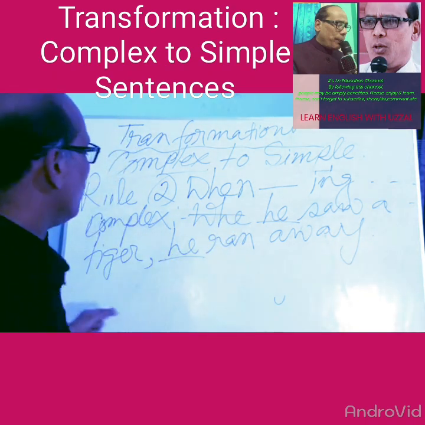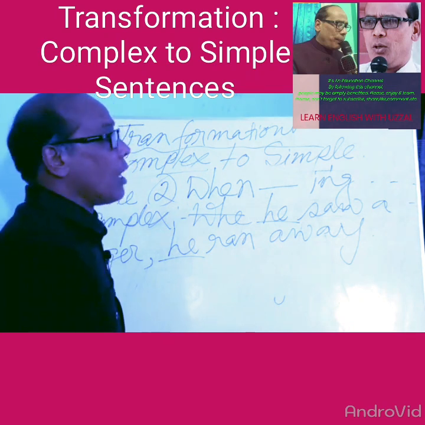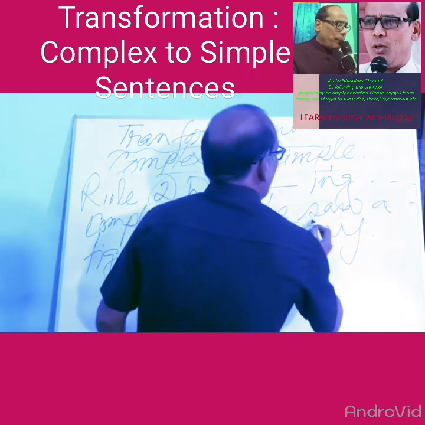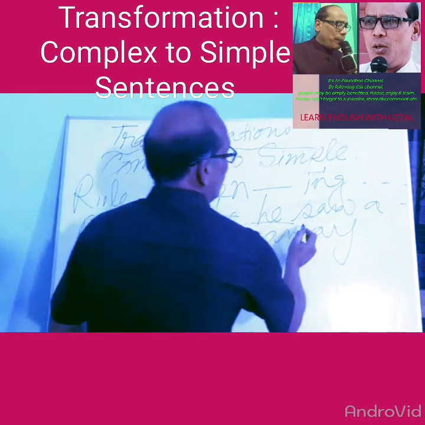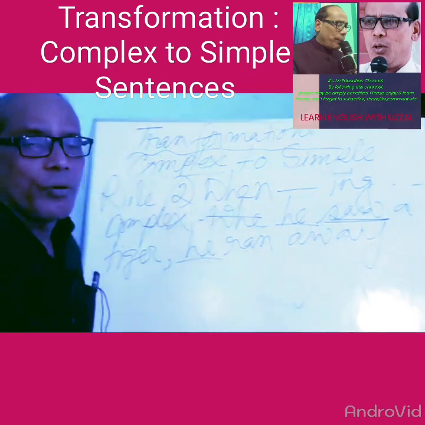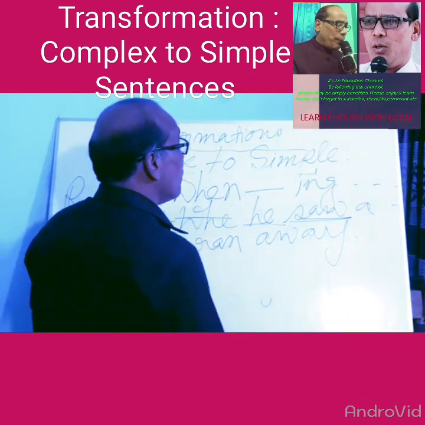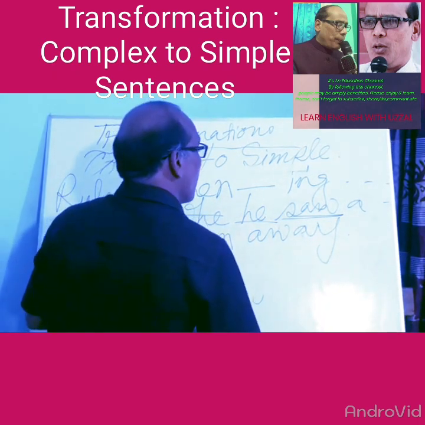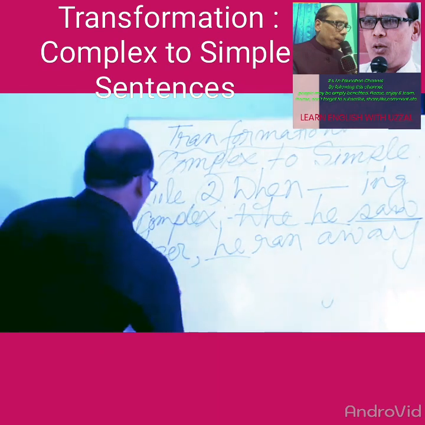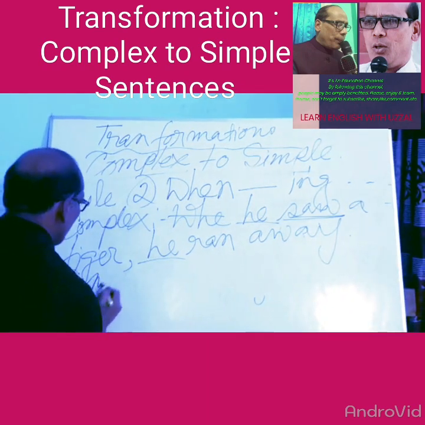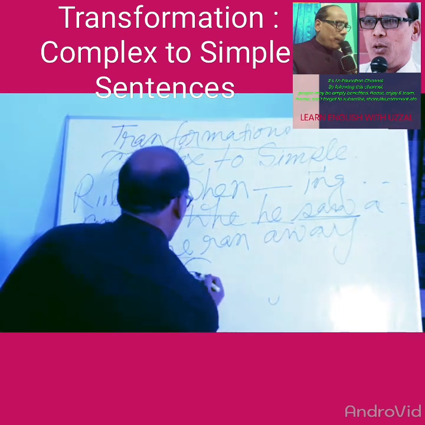And we will have to use ing to make a simple sentence. But with which verb should we add ing? Ing should be added to the verb of the subordinate clause, saw. But saw is the past form, we know. So ing is added to the base form or main present form of the verb. See is the present form of saw. So let us do that. Simple is simple. Here, seeing